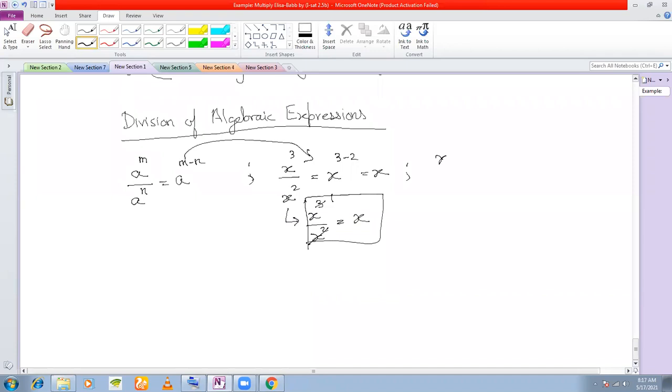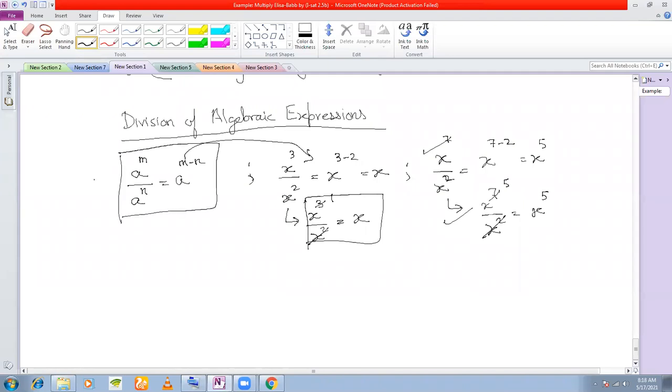But suppose you have x to the power of 7 by x square, then this is x to the power of 7 minus 2, which is x to the power of 5, right? Or if you want, you can think of it in this manner again: x to the power of 7 by x square, 2 powers will cancel and you have x to the power of 5. So either way, both ways it will work. But this is where all this comes from. Okay. So we are going to use this.